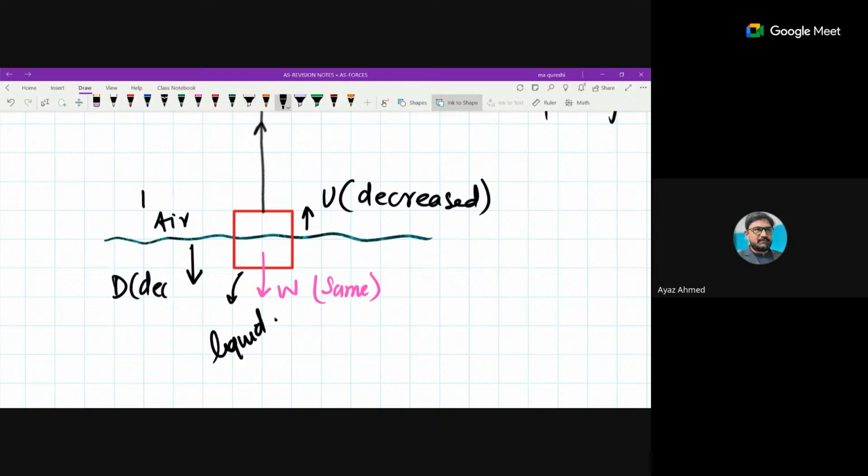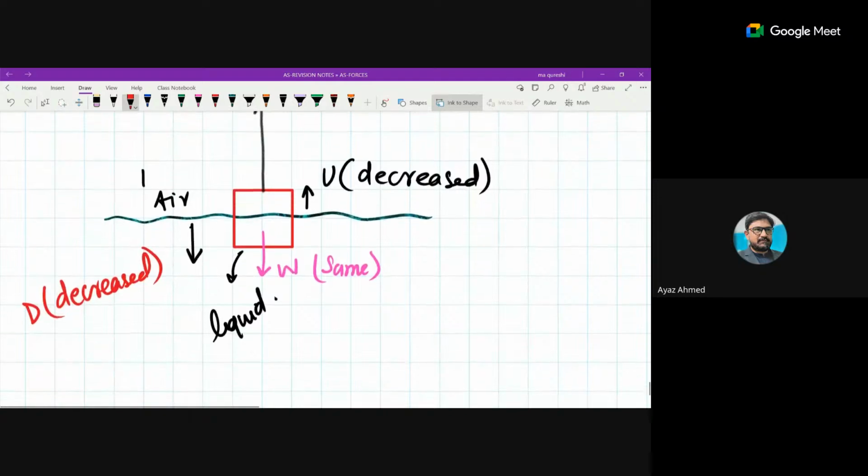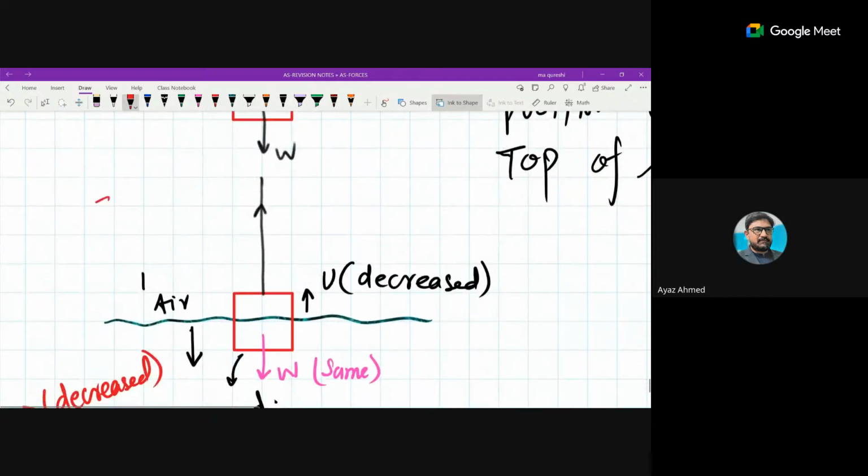So drag force decreased. Now, if you are applying the same tension,